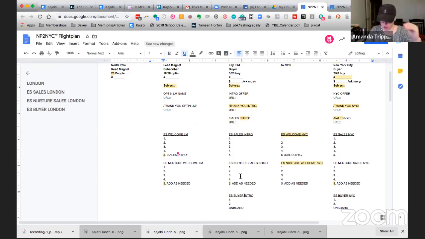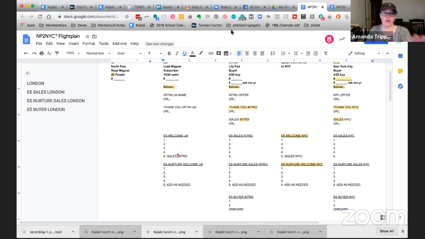And so when they purchase, we automatically set that automation to unsubscribe them from the event. And by doing that, it'll unsubscribe them from all those follow-up emails. Okay.